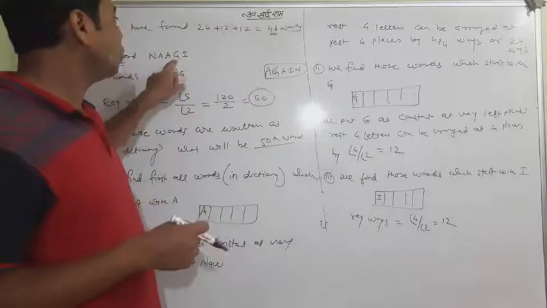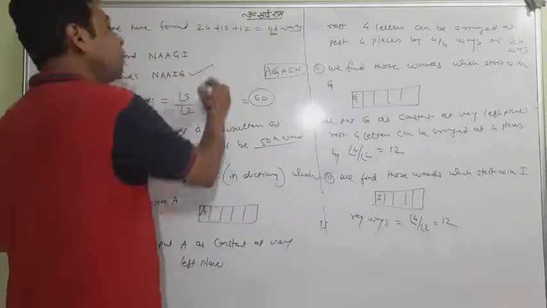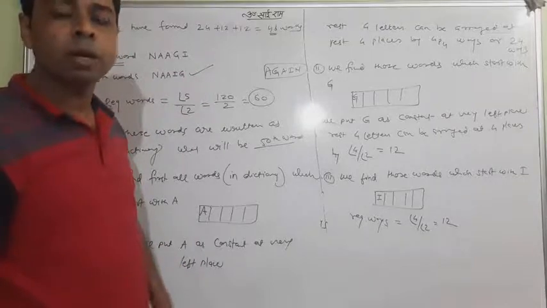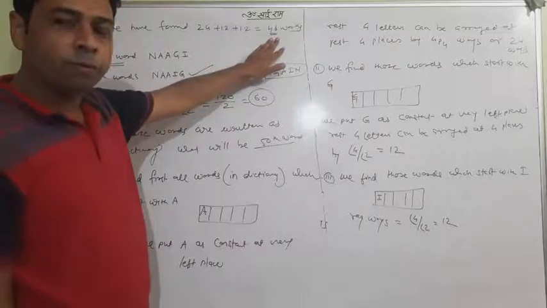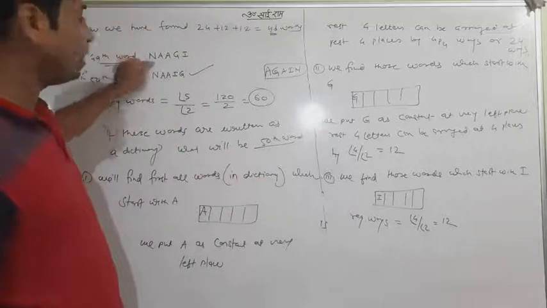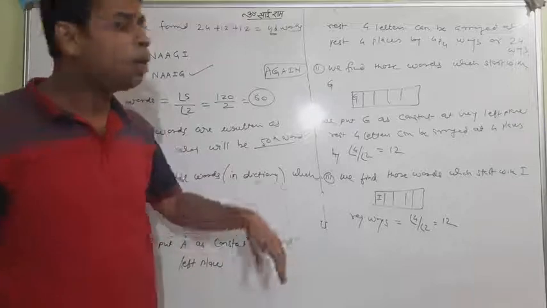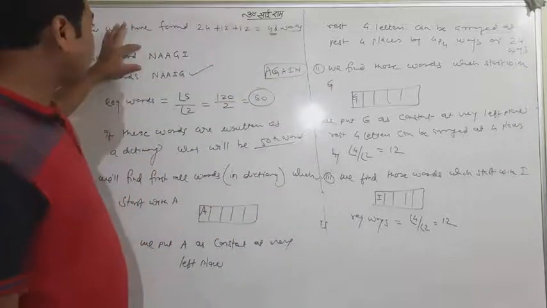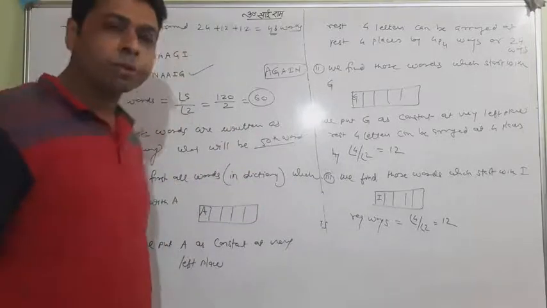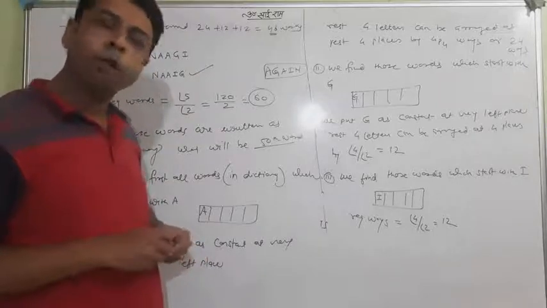You can understand this is the way of the dictionary. What will come first? G will come and then I will come. After that I will come and then G will come. So this is the way. This is the 50th word. We don't want to find all the words, because the whole number of words was 60. From the 60, 48 words we formed, which start with A, G and I. Now we start with N, but we can't find all the words because we don't need them. We want to find only the 50th word. 48 we already have found, so the 49th and 50th we can find just by prediction. This is the answer. So students, this is the combination chapter from my side. Please finish the miscellaneous exercise from your side. If still any problem, you are free to call me. Thank you.